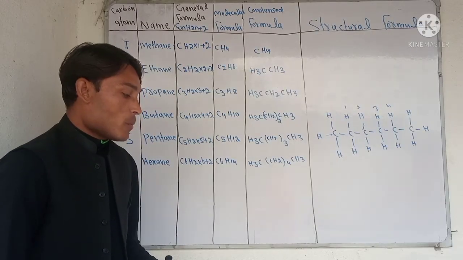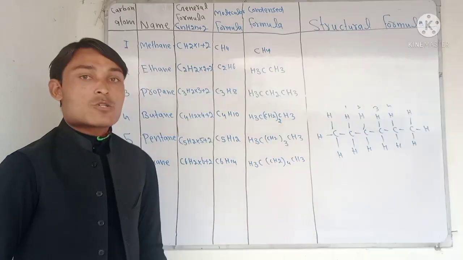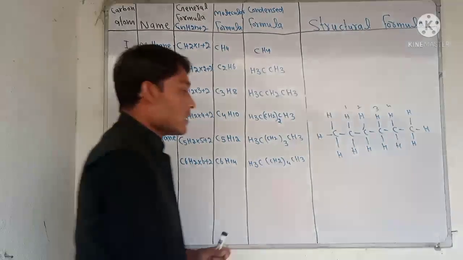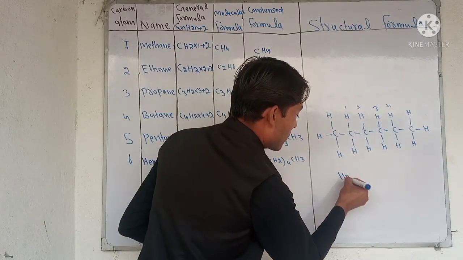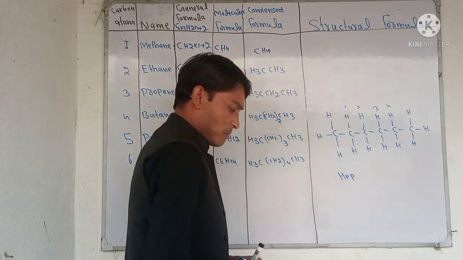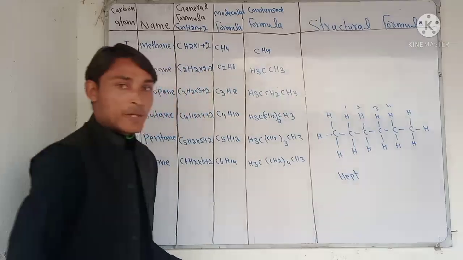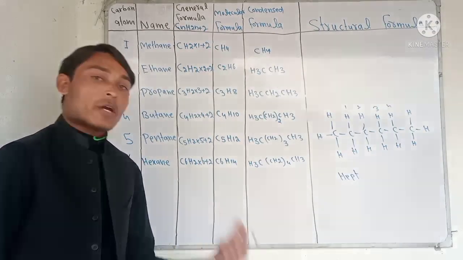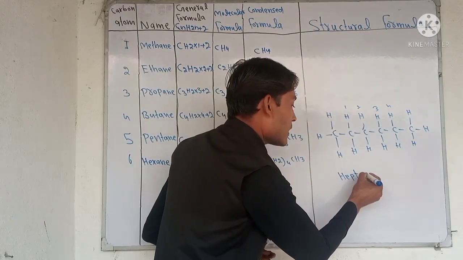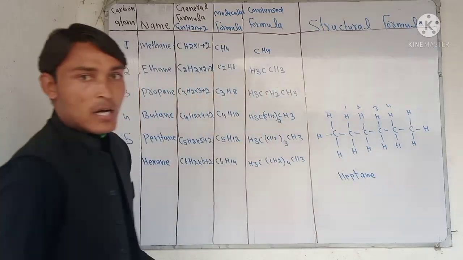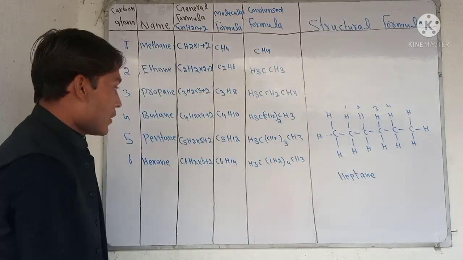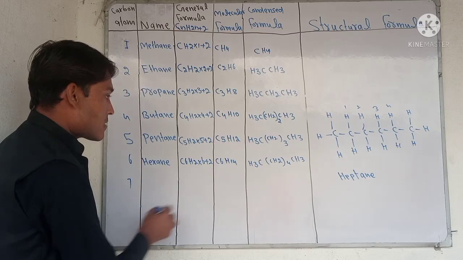And if you want to talk about carbon number 7, we have to remember Hep, which is Hept. For 7 we use Hept, and as we know, for alkanes we have to add ane, so for 7 we get heptane. What is the formula? We can write here carbon 7, what is the name?